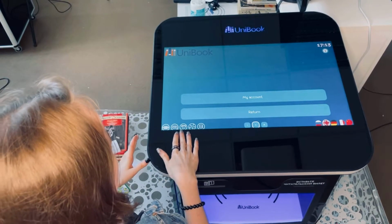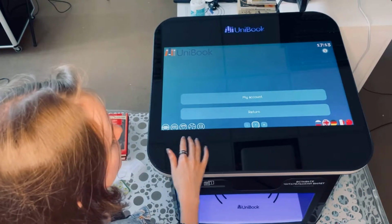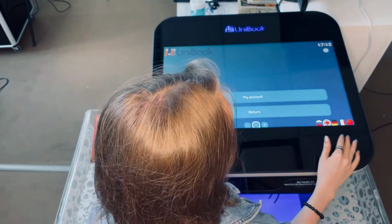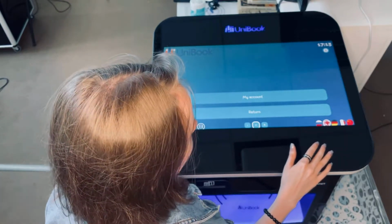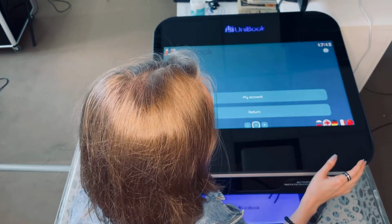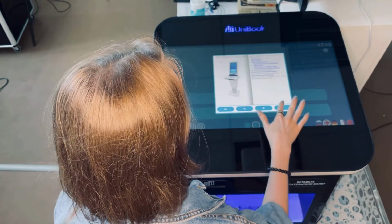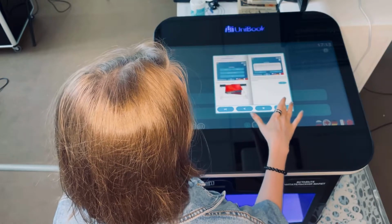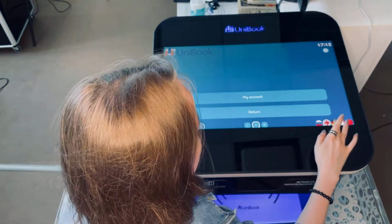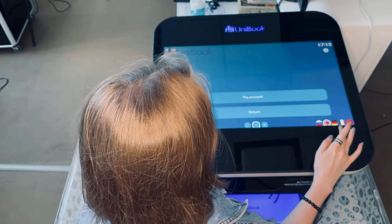So also here you can see on the screen our station has some additional information for the readers. Here you can choose the size of the font that you want. We have 3 different sizes. In this corner you can choose any of the available languages, and you can also choose any number of them actually to have on your station. And the last one is that we have here the manual for the station. So if there are any kind of problems or issues with operating with the station, you can check out this manual. And as you can see, we have 5 languages available on this station for now,